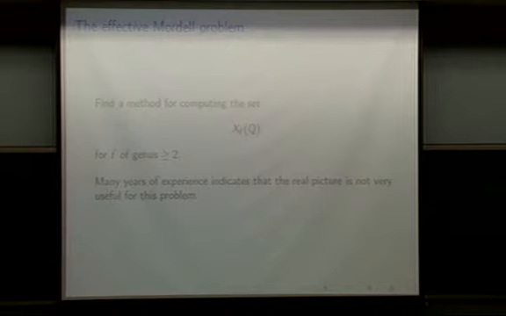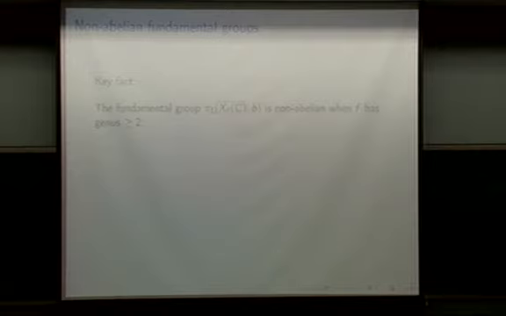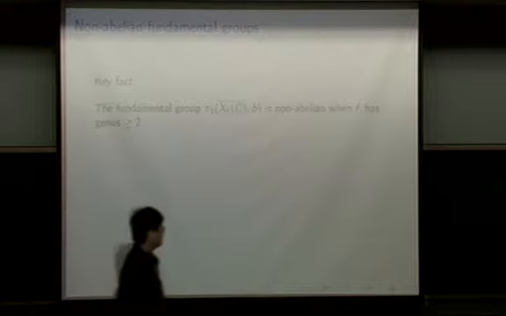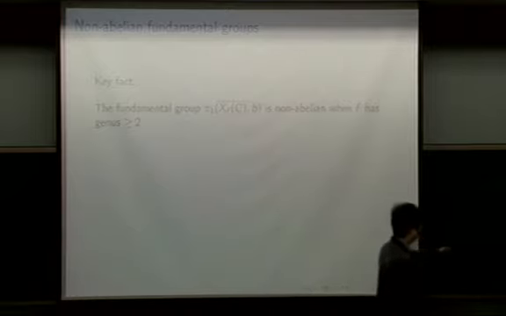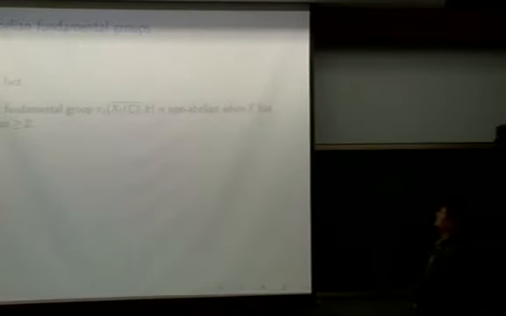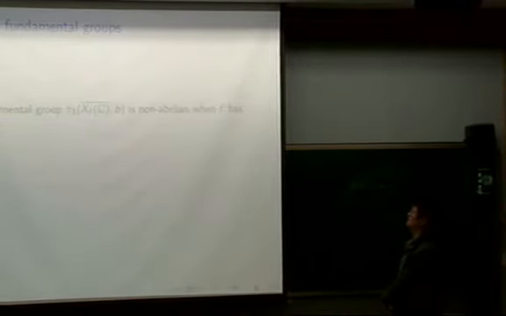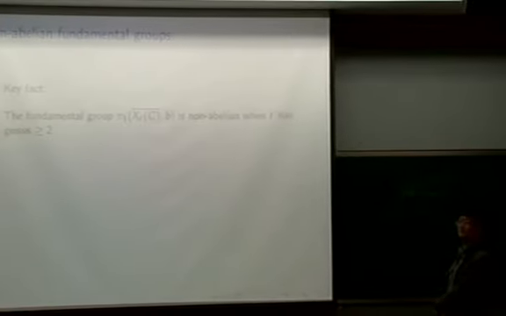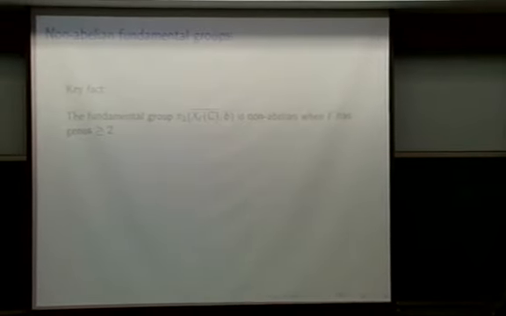Now, I've already referred to the topology of the complex solution sets as influencing this problem. But as the title of my lecture indicates, one of the key aspects of the complexity that I want to focus on is this fact. What complexity am I speaking about? I'm referring to the fact that when the genus is at least 2, the fundamental group of the space is non-abelian. That's one of the different measures of complexity of the equation.